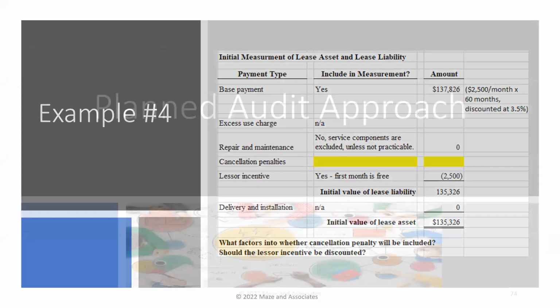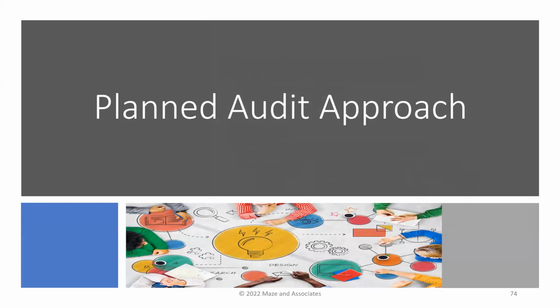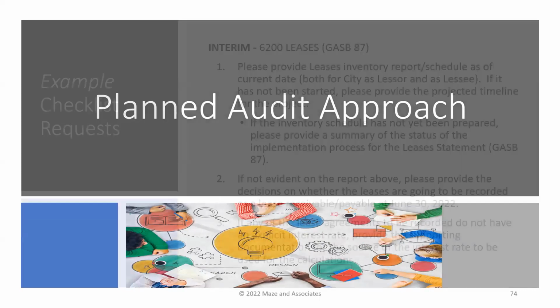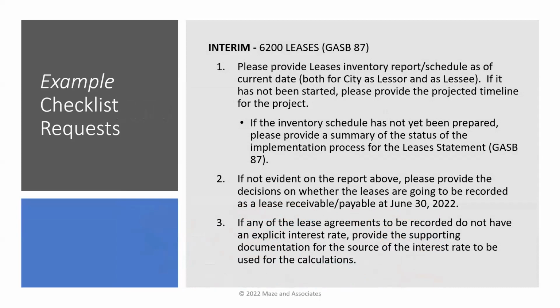Sorry, we're not going to have time to go over these. I didn't plan on going through these slides. I just wanted to give these to you. Again, these are example checklist requests that we will be including in the interim and/or closing checklist, because there's a lot of work that has to be done. This is a whole new audit area that we have to address, and you have a whole new area. So these are examples. They're going to be customized if any decisions have been made.